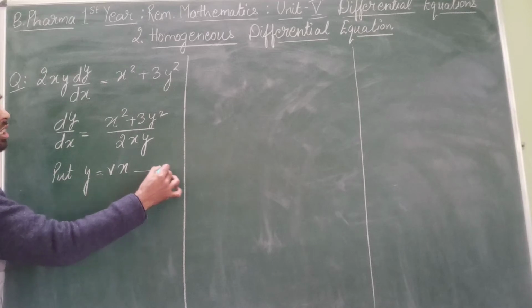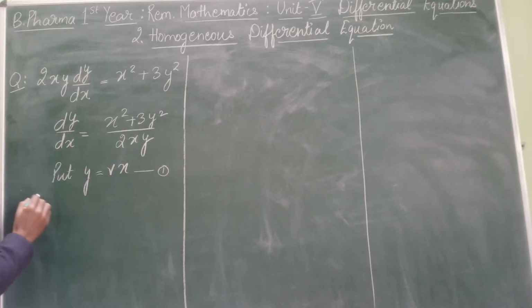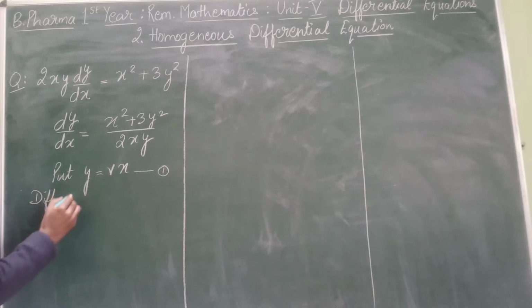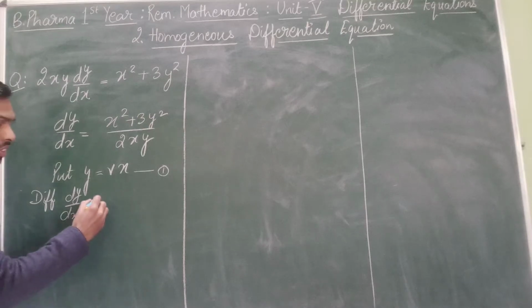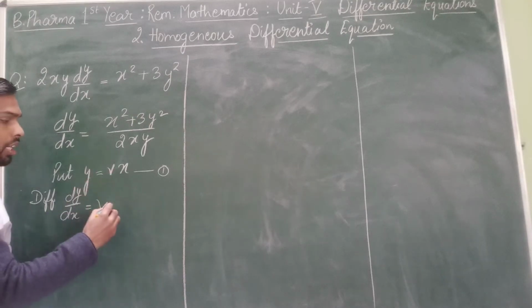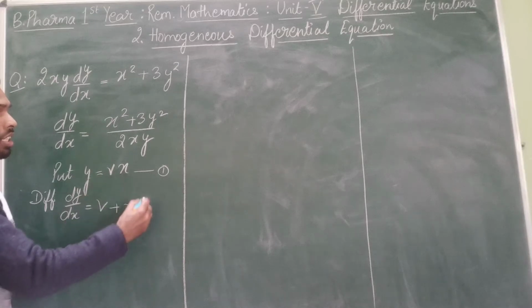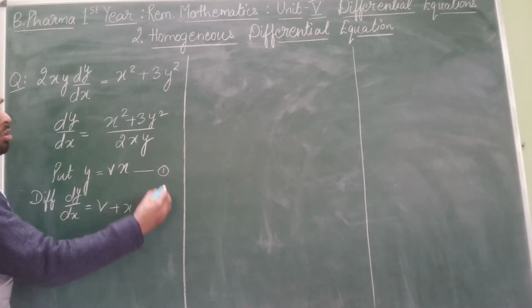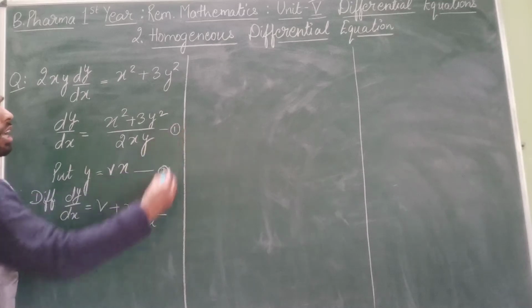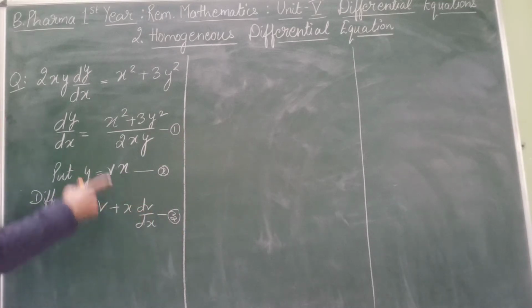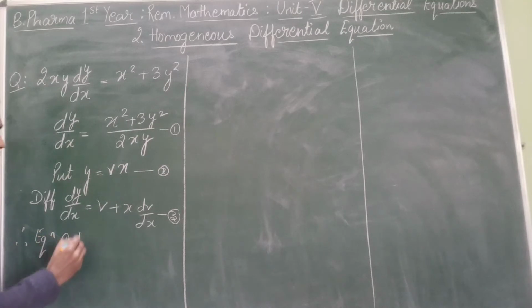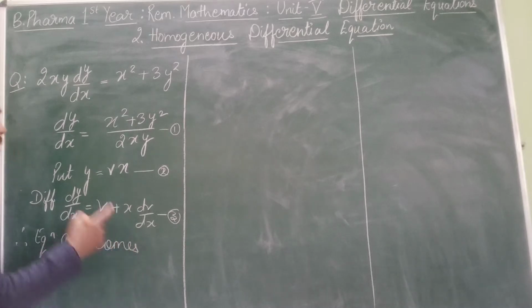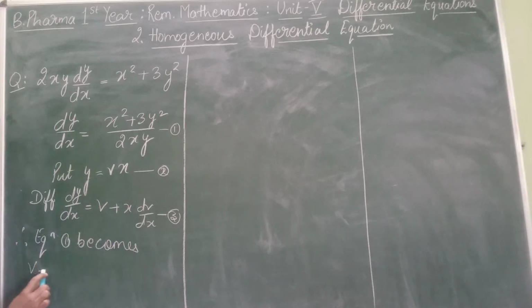After that you can also differentiate this equation, because you also have to find out dy by dx. So dy by dx will be equal to, and on the right hand side product rule will be applied. v as it is, differentiation of x equals to 1, plus x as it is, and differentiation of v is dv by dx. So equation number 2, this is equation number 1, and this is equation number 3. So put all these values in equation number 1. So equation number 1 becomes, put this value of dy by dx as v plus x dv by dx